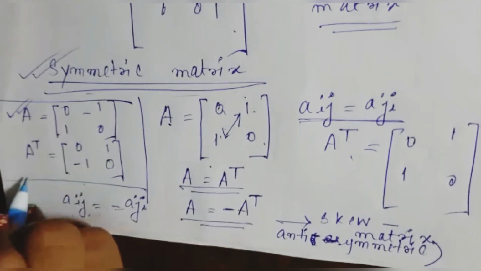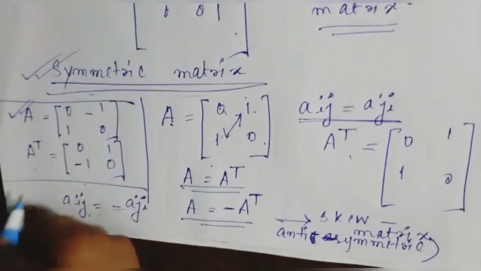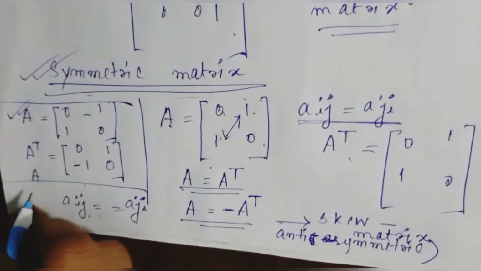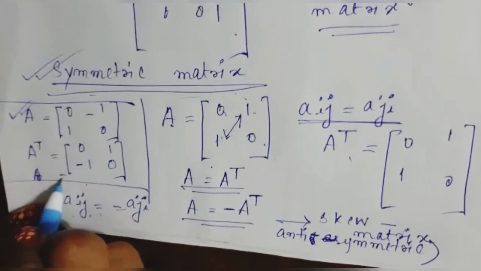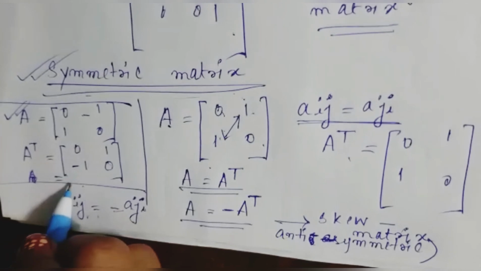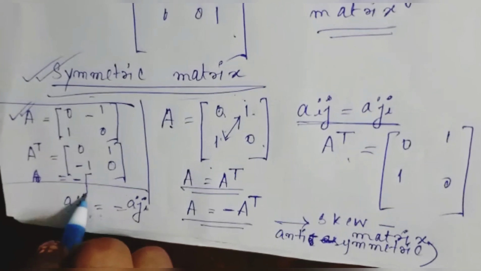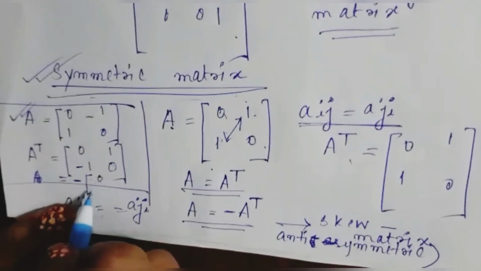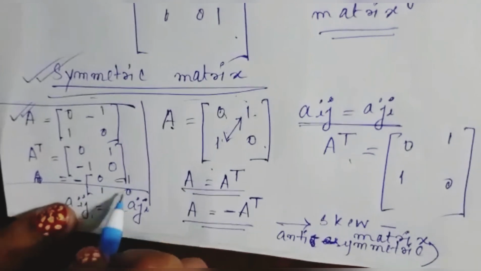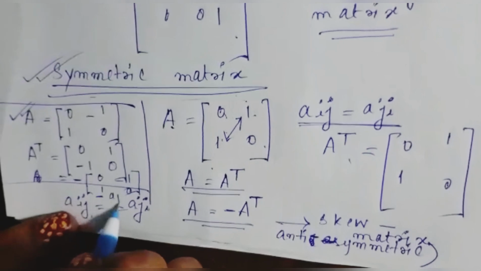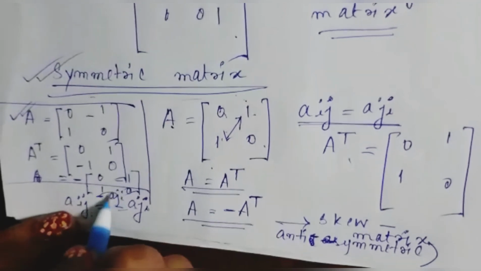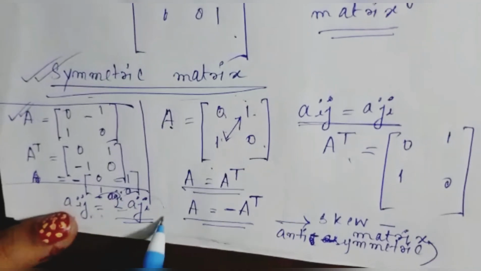Meaning if you write it in this way, and if you take minus common over here, you see it will have 0 1 minus 1 and 0. So you see this is equal to minus of Aji. This is equal to this one. Okay,